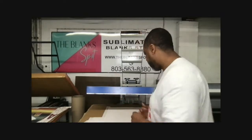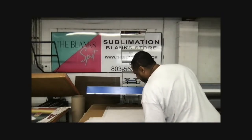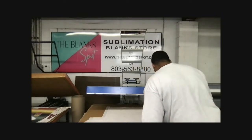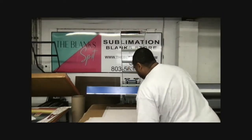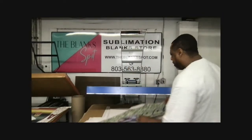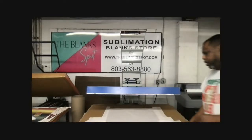What size did I make the transfer? I made the transfer of 42. I measured it at 40 by 31, and I ended up making it 42 by 33. So it's going to work. So 42 by 33. And if for some reason your design does not work, sometimes you might have to adjust your template. Sometimes you may have to adjust your